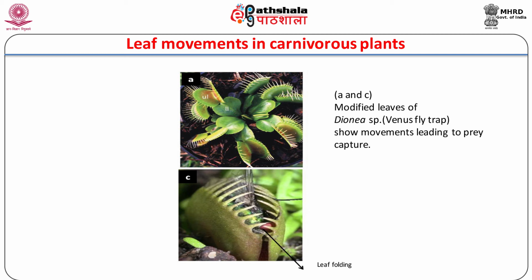When an insect touches the trigger hair present in the center of the upper leaf lobe, the mechanical sensitive ion channels are activated and cause membrane depolarization. This generates an action potential that activates the motor cells and causes leaves to snap shut within seconds. The upper and lower cell layers of the leaf have a turgor difference that is brought about by osmotic loss or gain of water in response to ion fluxes.